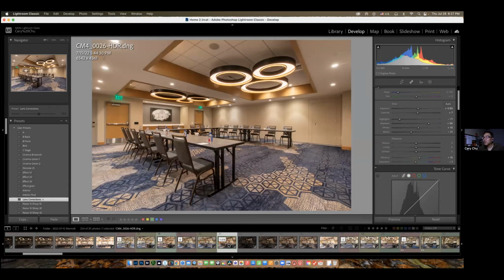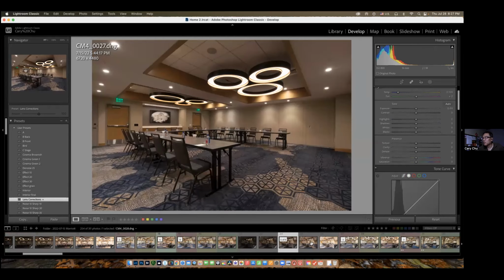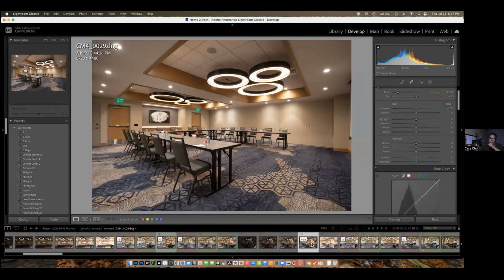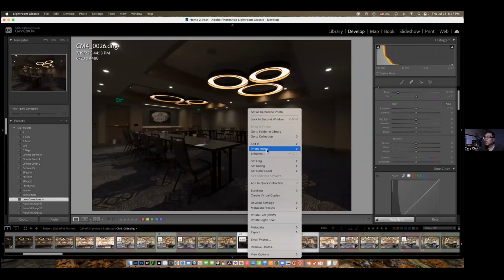Actually it is because of the different brightness: this photo plus this one, plus this one. Why do we have that? Because if you take one photo like this one, this is bright enough, but this is overexposed. But if this color is correct, this is too dark. So that means we have to do stacking, HDR: right-click, photo merge,